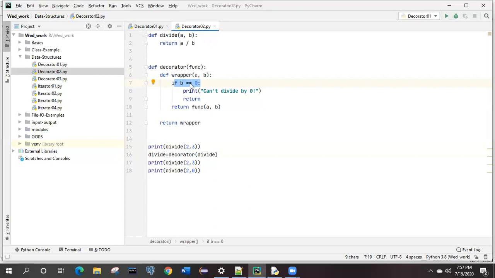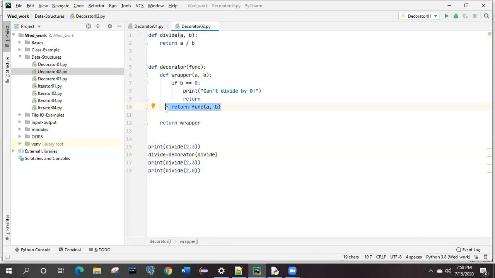So if b is equal to 0, it will return, but before returning, it will give you the message "can't divide by 0", like that. If this condition is false, it will directly come over here. And what will it do? It is returning fun of a comma b.